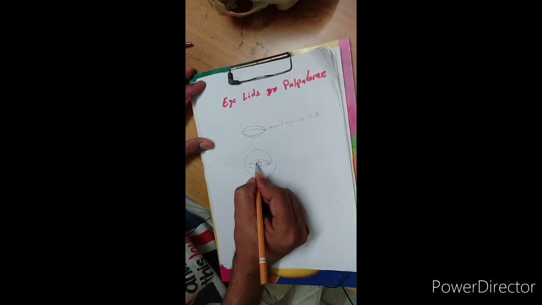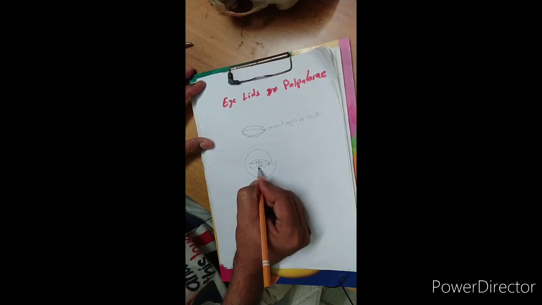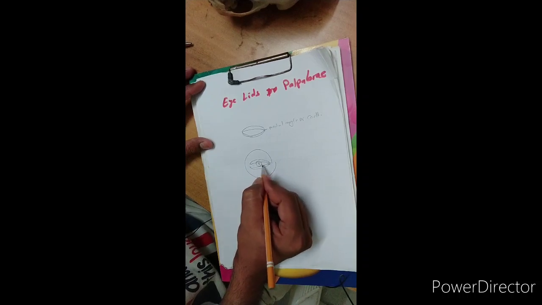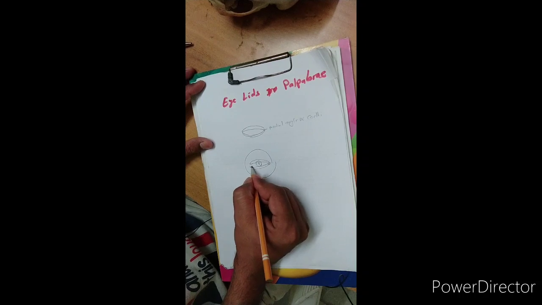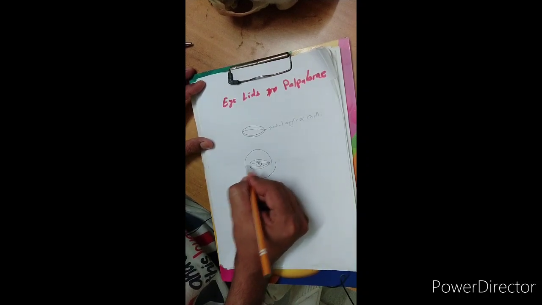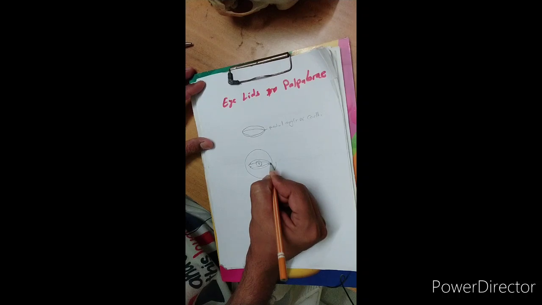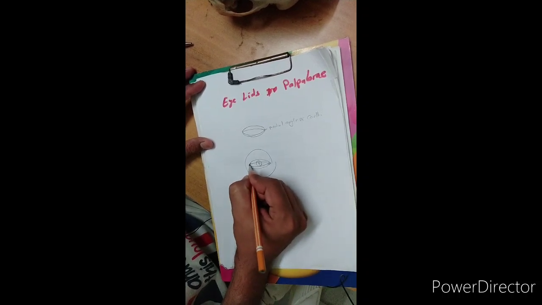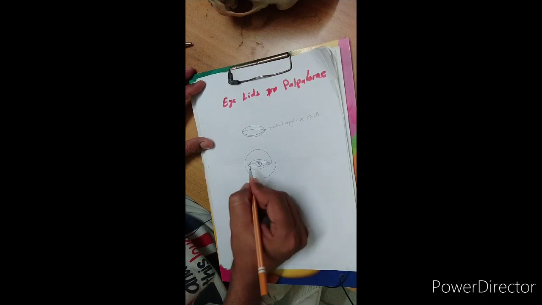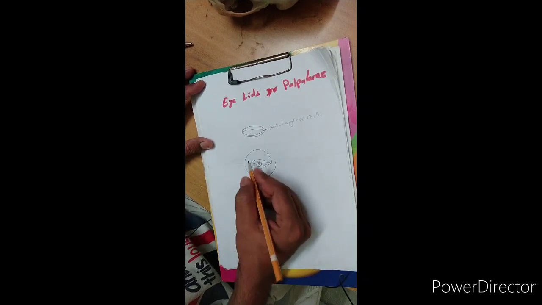So, the upper eyelid just passes midway between the corneal margin and the pupil, and the lower eyelid just touches the margin. So what happens? Most of the white part, or sclera, is covered by the eyelids. It is seen only by the side of the cornea here. They meet on the lateral side and the medial side to form the angles. So this is the medial angle and the lateral angle. Clear?